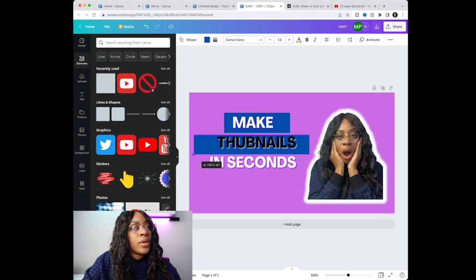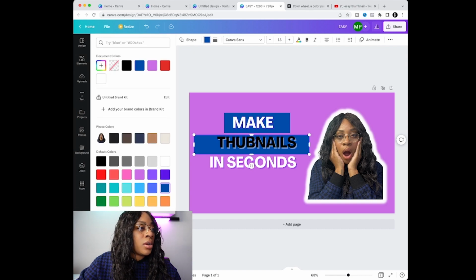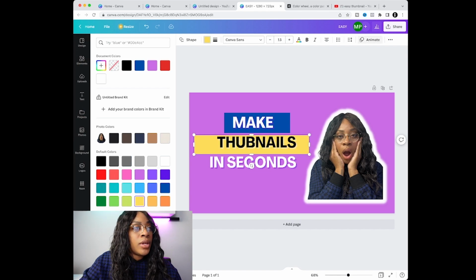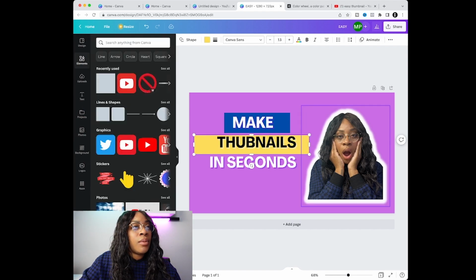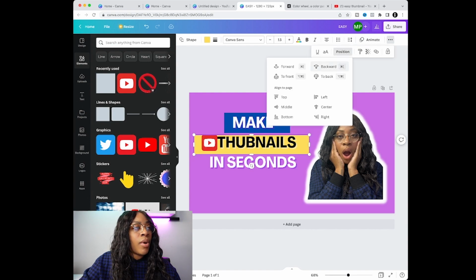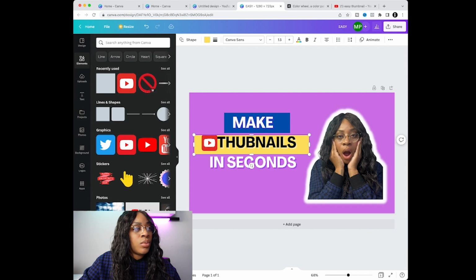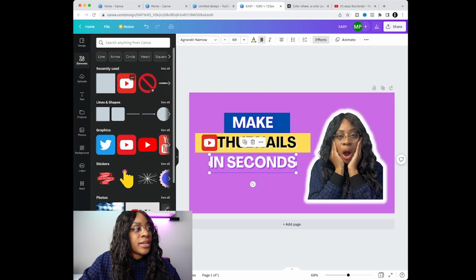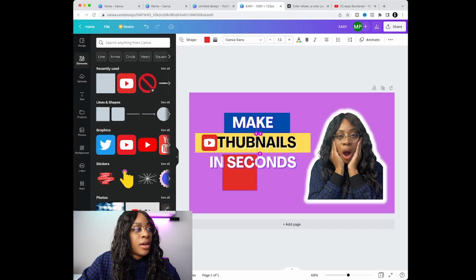This time I'm going to make the color a yellow color. I'm going to click on the image. I'm going to click these three dots, click on position, put it in the background so my YouTube image will show. And then this one, this last in seconds, again, I'm going to add another box, adjust it a little bit,